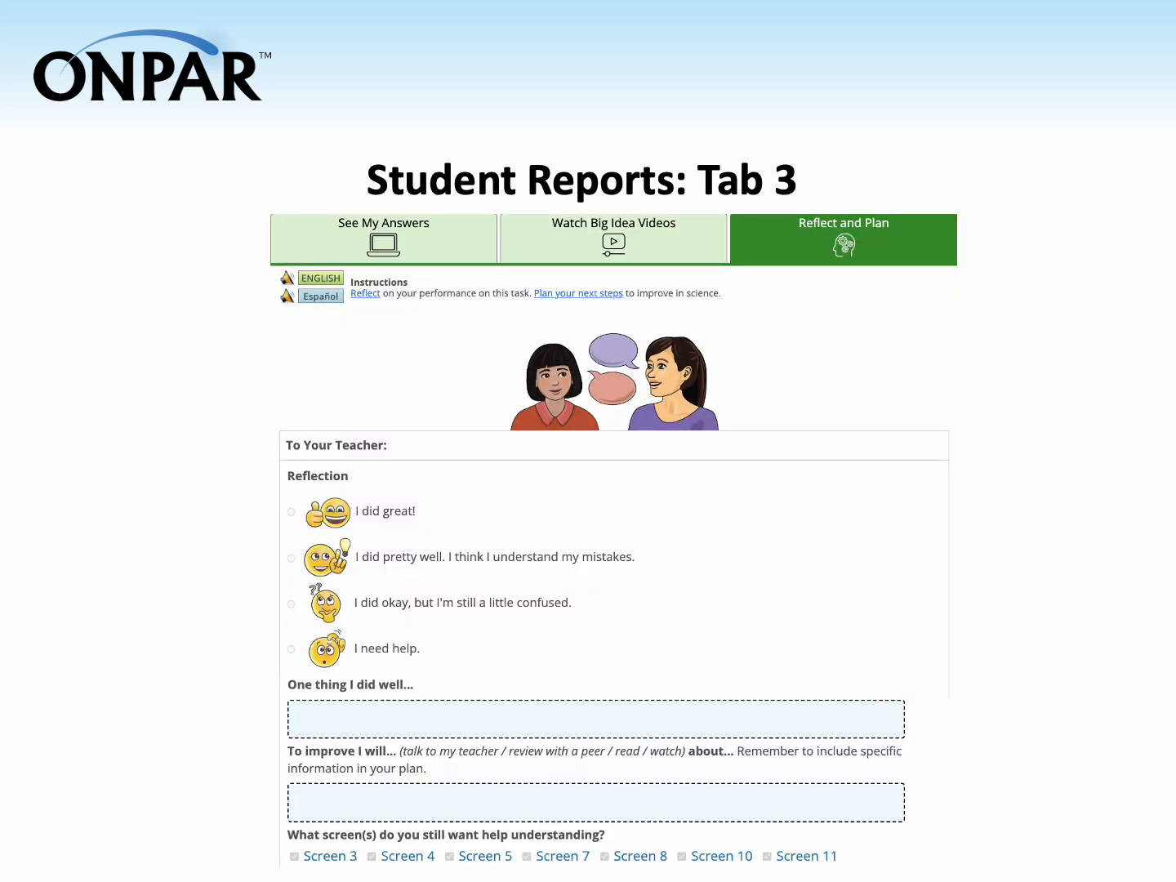Finally, the Reflect and Plan tab is designed to build some student metacognition. We just give them a quick emoji reflection, then ask them to identify a strength and an area to improve. We offer a little bit of a fill-in-the-blank format to help students with their goal setting. They might write, "To improve, I will talk to my teacher about how to know when a chemical reaction has